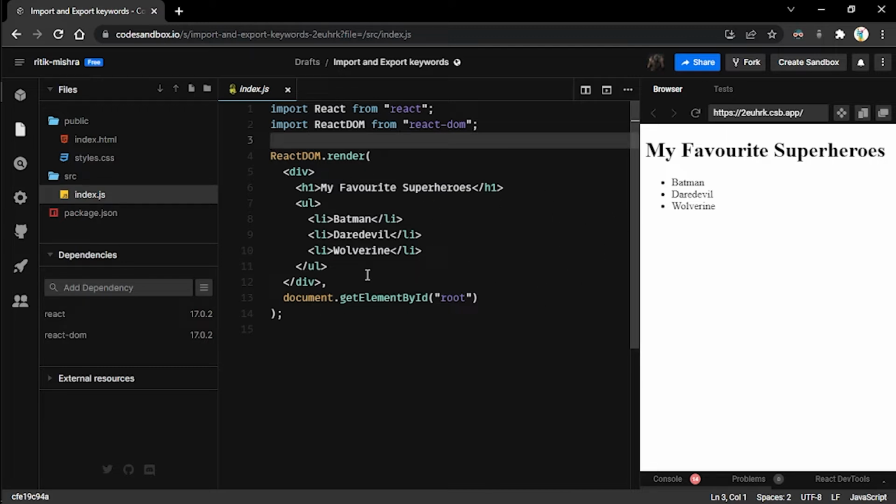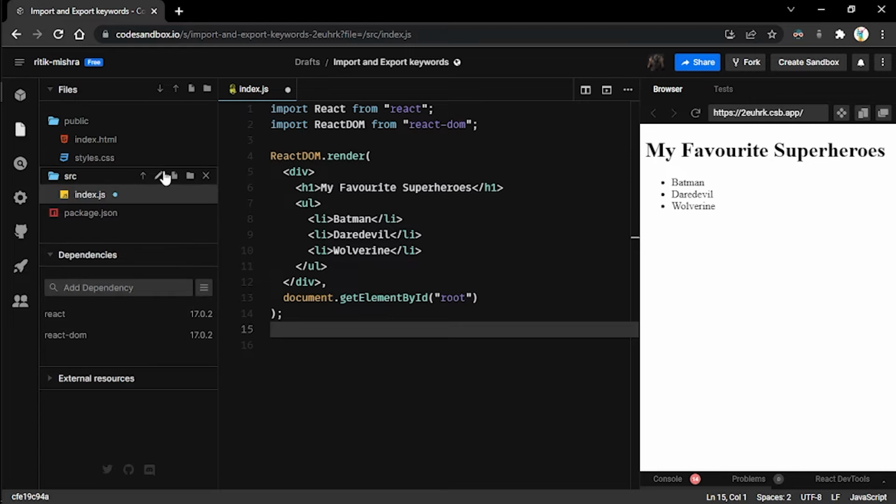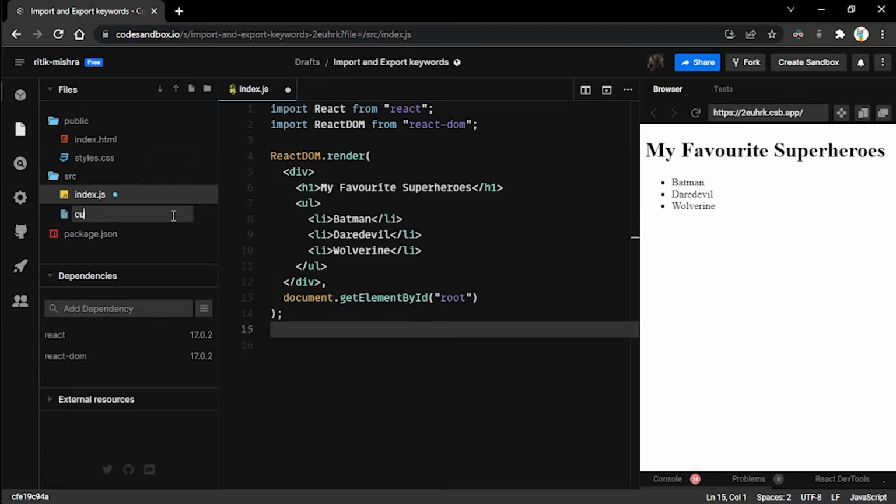Our basic agenda is to understand the core functionality of them, what optional features or syntax practices we ought to use regarding these keywords, and how to incorporate smaller pieces of code with their own unique functionalities into the main project. So let me create a new file here and let us call it